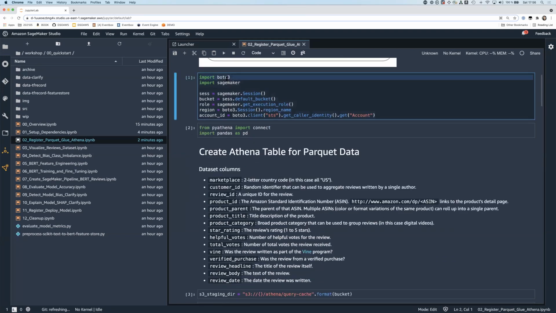So first of all, here we're importing the libraries we need. Boto3 is the general Python SDK for AWS. So this includes all of the services. And then we're also importing the SageMaker specific SDK here. And then we're just setting a couple of variables: the current session we're operating in, the default bucket that SageMaker sets up for us,